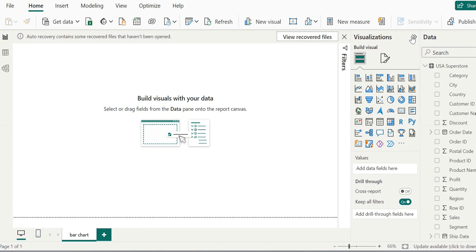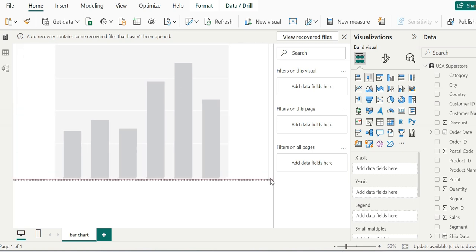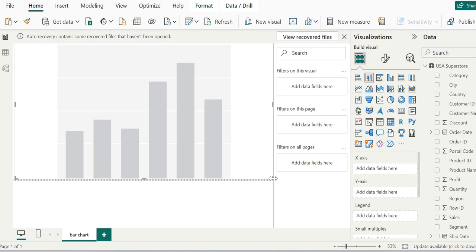To pick a visualization from the toolbox, we click on the second icon, this one. This tooltip tells us it is a stacked column chart. Clicking on that adds a stacked column chart placed on our report. Then we can go ahead and customize this by dragging and dropping. First, just put it down here. So this is a stacked bar chart. Now we can customize it by adding the required fields from our data into the visualization properties.